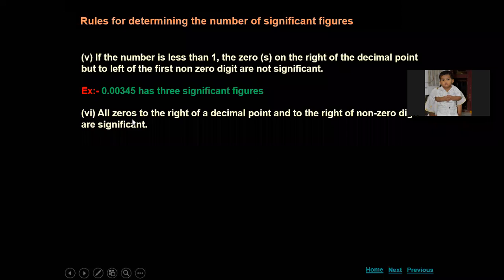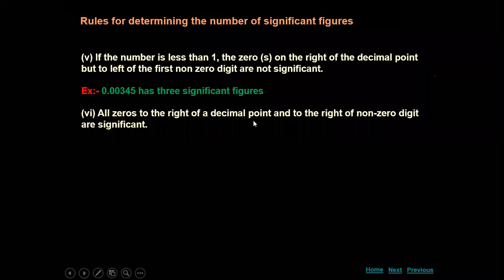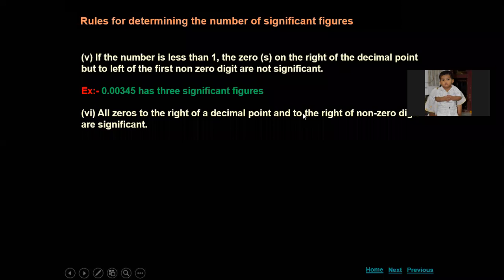If you go, all zeros to the right of the decimal point, to the right of the non-zero digit. To the right of the non-zero digit means, here 3 is the non-zero digit. After this, if there is a 0, that is significant, or after 5 if it is a 0, that is also significant. But if, before the non-zero digit, there are zeros after the decimal point, those are non-significant. But if it is after the non-zero digit, those are significant, like